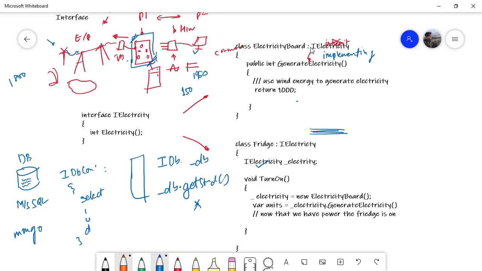right? And that's why you have to be very careful where to implement the interface and where to consume the interface. So with that,